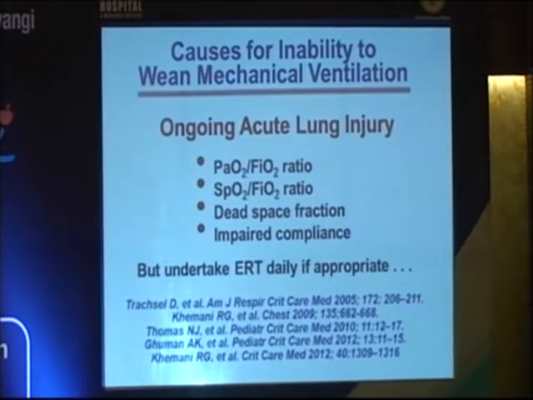But the idea of looking at the ratio of the PO2 to the fraction of inspired gas, or the saturation divided by the fraction of inspired gas, the dead space fraction, and the degree of pulmonary compliance, all of these may give you clues that the lung injury that's still present is too much to expect any significant weaning. But that being said,